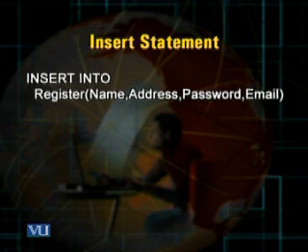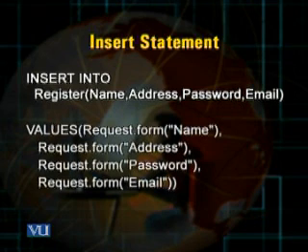And then whatever field values that I want to be inserted, I write the names of those fields. So you can see there is the name, then address, then password, then email. These are all the fields, the columns in which I want my values picked up from the form to be inserted. Then I write the keyword values, and in ASP then I use the request object. We'll talk about it in more detail later.